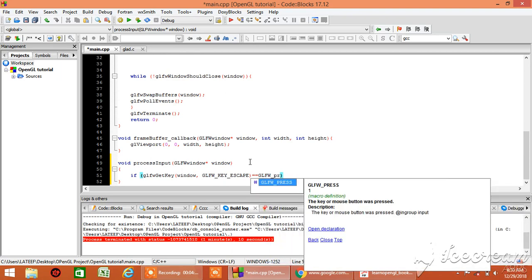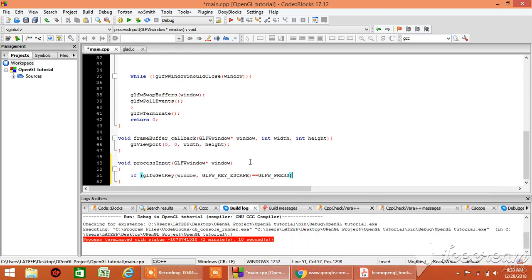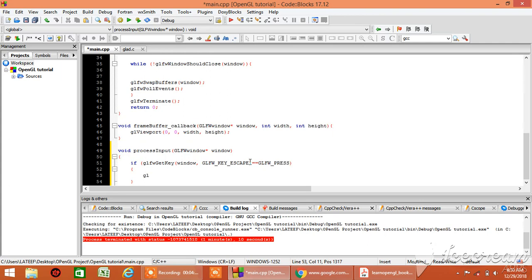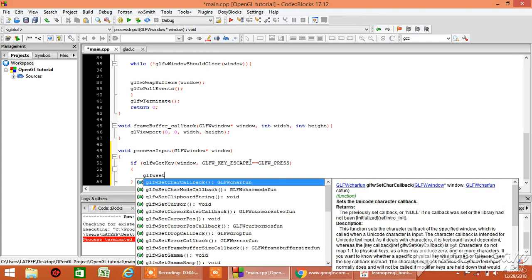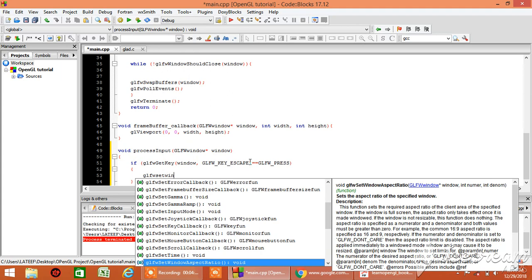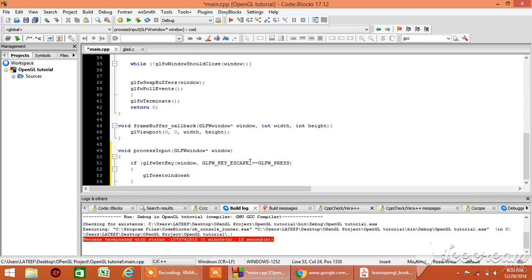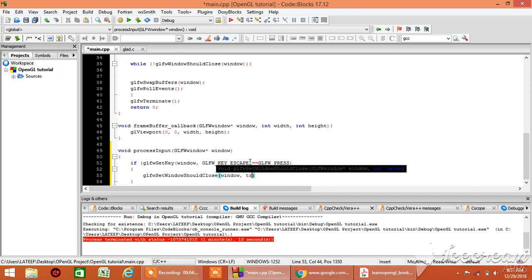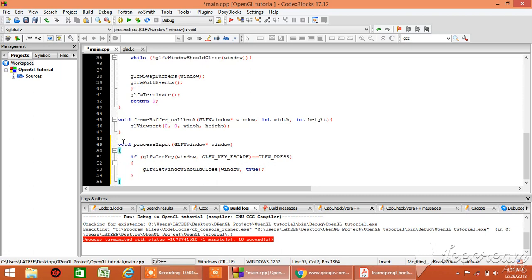I like to put some braces, then glfwSetWindowShouldClose. I'm going to explain everything. Window, then true. So what this function does is that we created